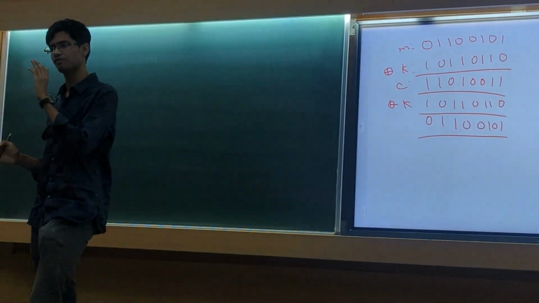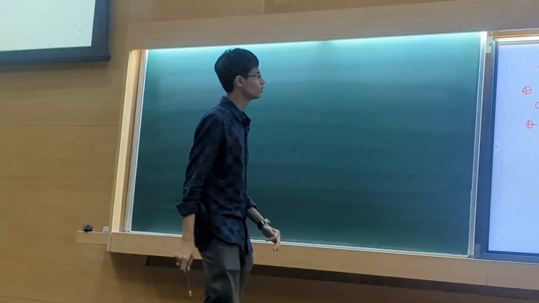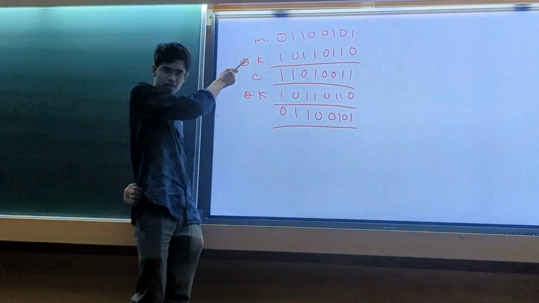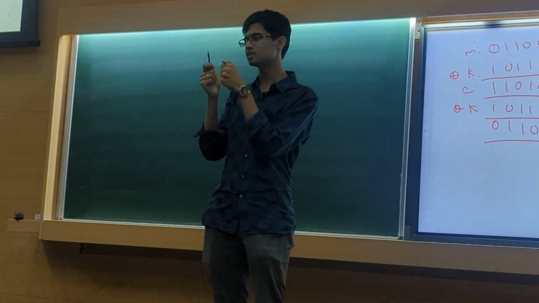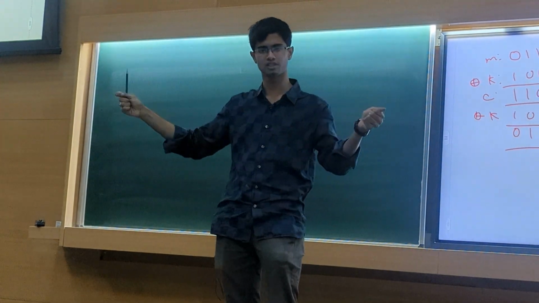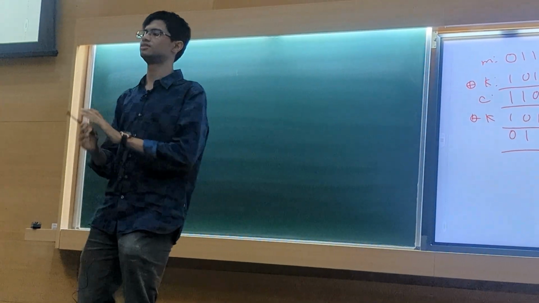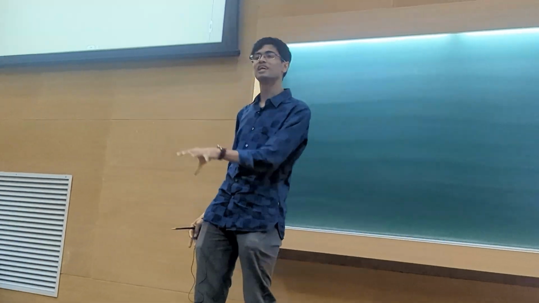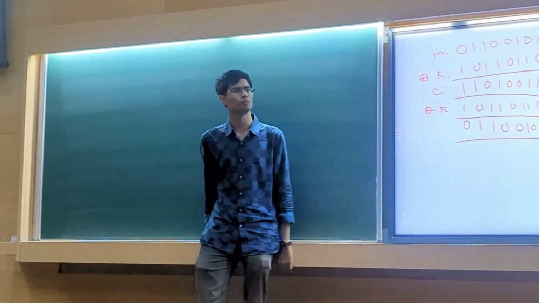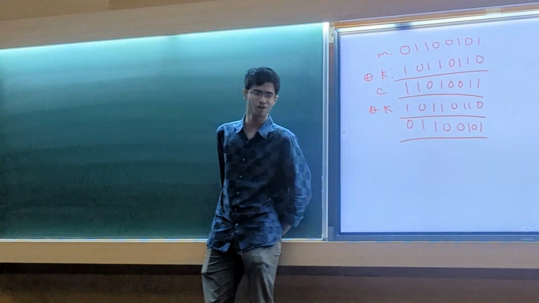This is called a one-time pad for a very good reason. It's that you can use a key to encrypt a message only once. In particular, you can't use the same key to encrypt two different messages. If you do, then your scheme is no longer secure. And this, by the way, this blunder has happened in history. So back during World War I or World War II, I don't remember,